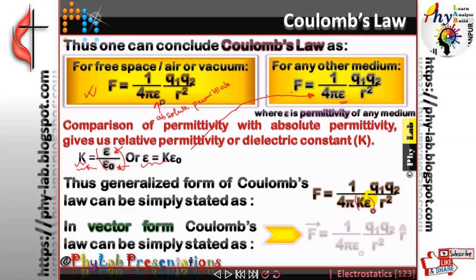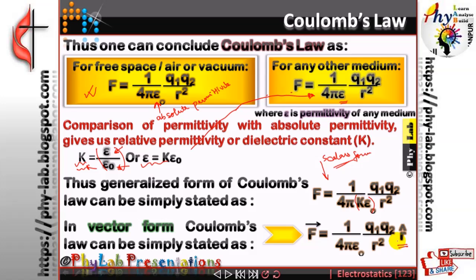Now this is the scalar form of Coulomb's law. As you can see over here, it does not tell me any direction format. In the vector form of Coulomb's law, I'm going to use the unit vector. Remember, unit vectors are always used when the vectors happen to lie in the same plane. So the force vector will be equal to 1 upon 4 pi epsilon naught q1 q2 by r square, and unit